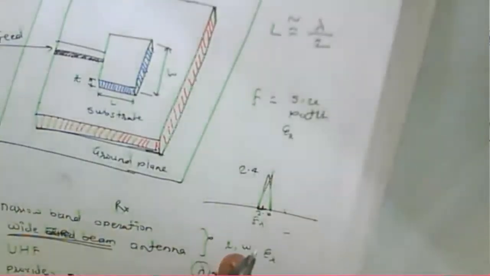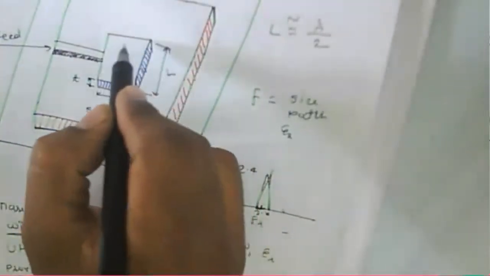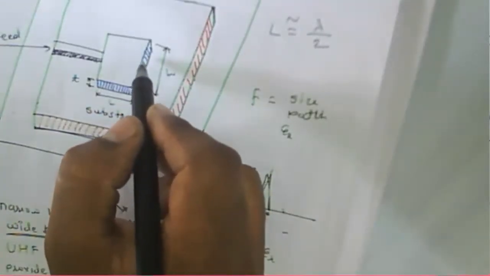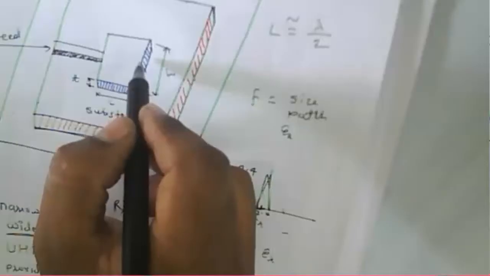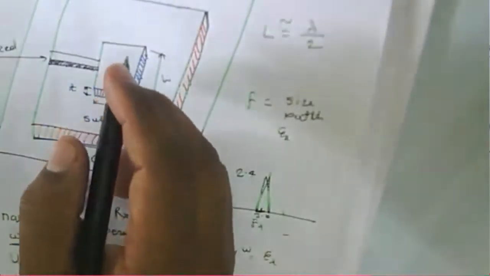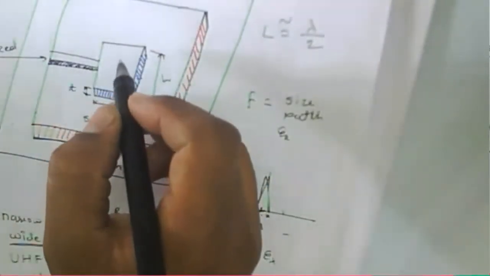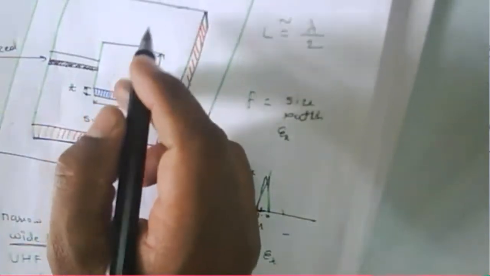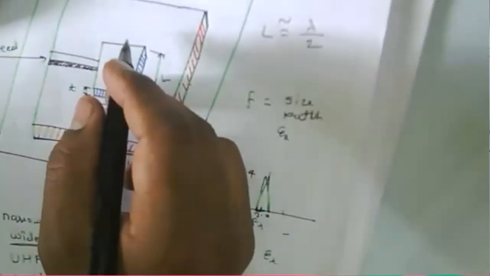Generally, the length of the antenna, whatever the rectangular shape we have, the resonant length of the antenna is different. It depends on the frequency at which we are using this antenna, that is, what will be the electrical length of that antenna. That electrical length is different, based on how your signal radiates from this particular patch.